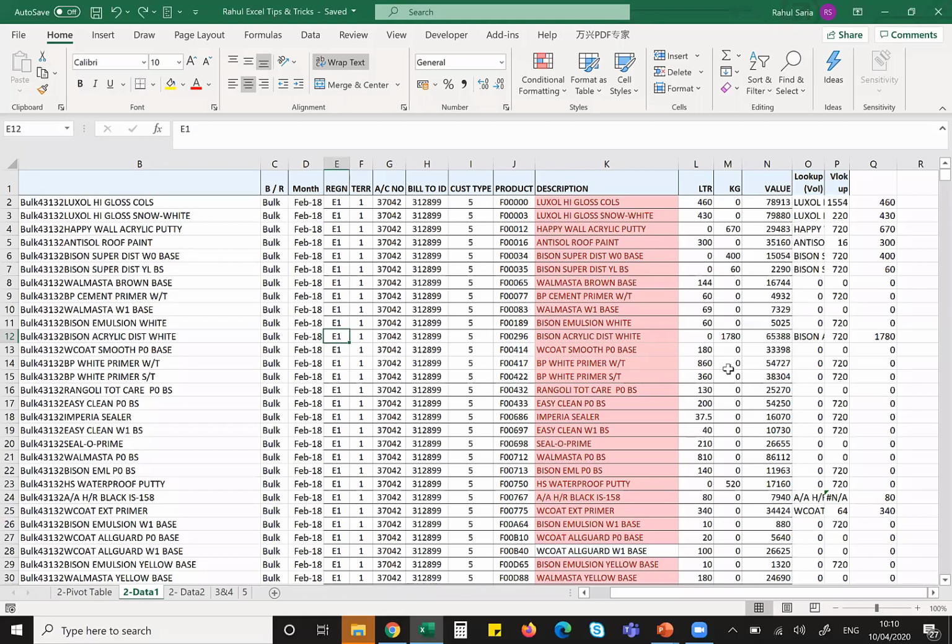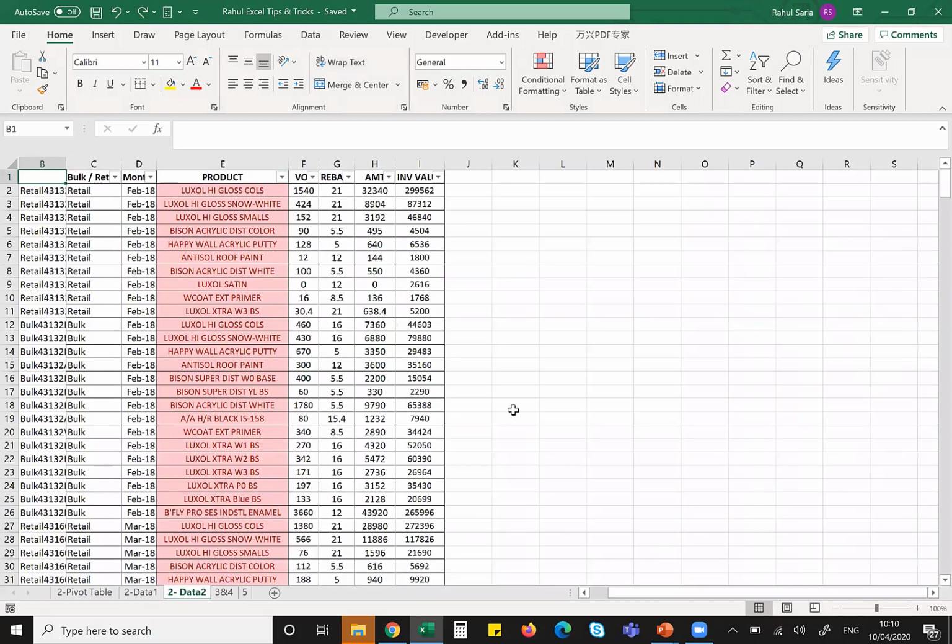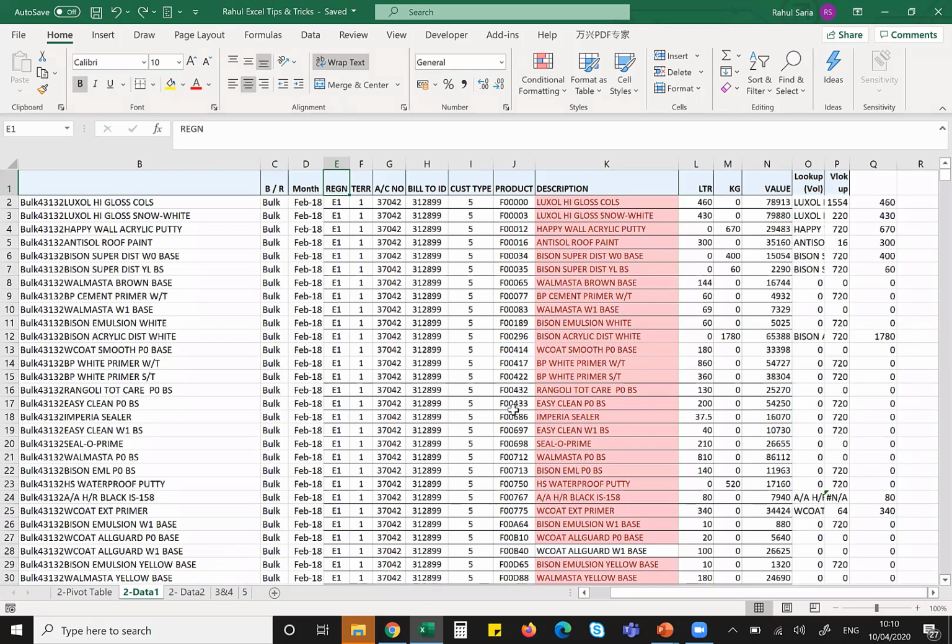So I have created some data out here, which we will be using for our purpose. If you can see my screen, there are two data sheets. One is data 1 and the other one is data 2. I'm going to use these data sheets to show you how we use filtering. So what is filtering? Filtering is something we use if I want to pick some data out of this sheet. Say for example, I'll help you read through the data.